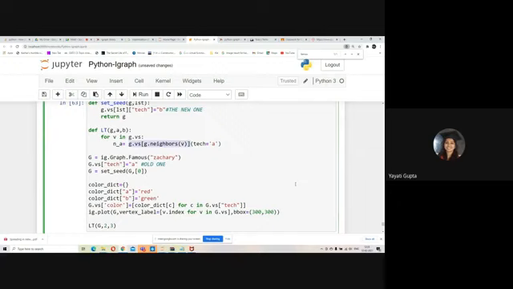g.vs, g.neighbors(v) returns the indices of the neighbors of this vertex v. And now for all these indices, I want to see which vertices they are. So I do a g.vs and apply here tech equals A. This will return a vertex sequence of all the neighbors of v which have adopted technology A, which are still having the technology A, the old one.